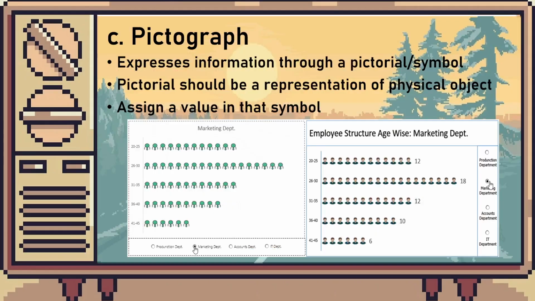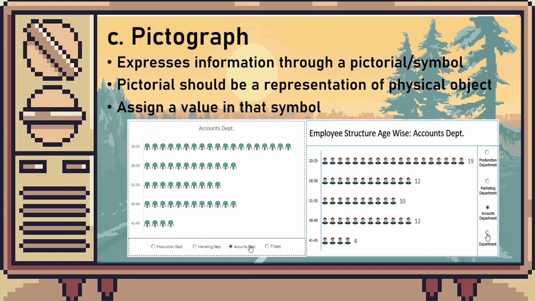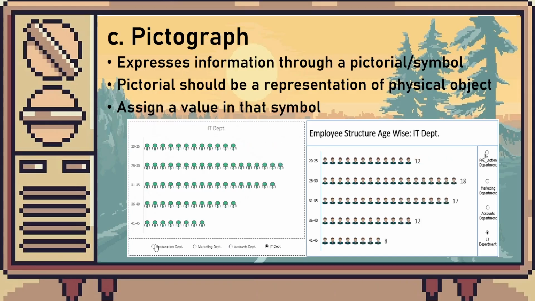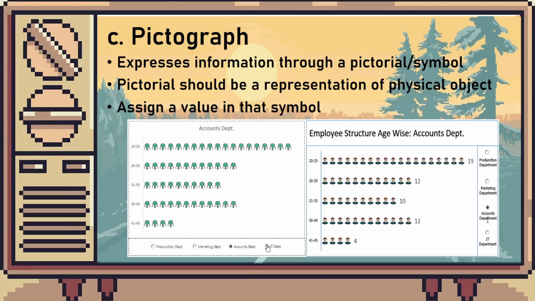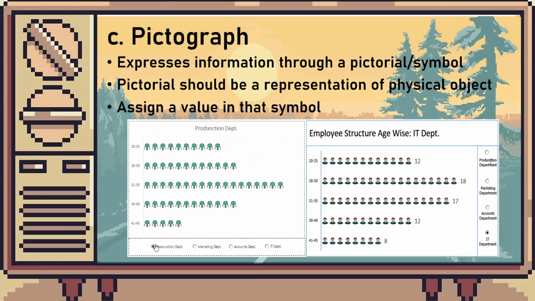Next one is your pictograph. A pictograph is essentially using symbols to represent an object. For instance, you can represent the number of sales of phones using a phone emoji, and half of the phone means half of a quantity of phones.